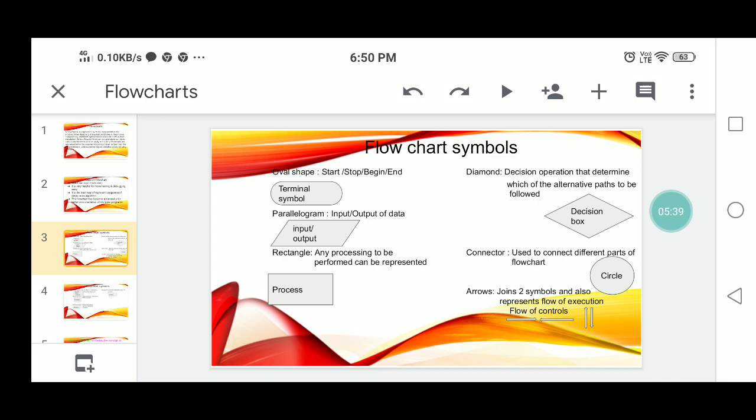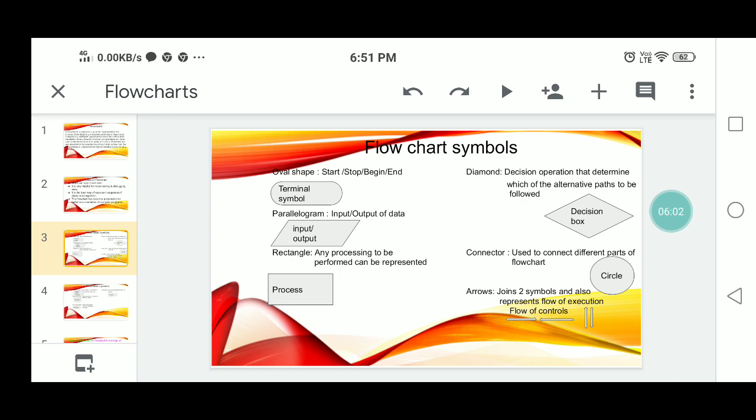So the next, another one is the decision box. The symbol name is diamond. This diamond symbol is represented with the name decision box. This is for decision making.